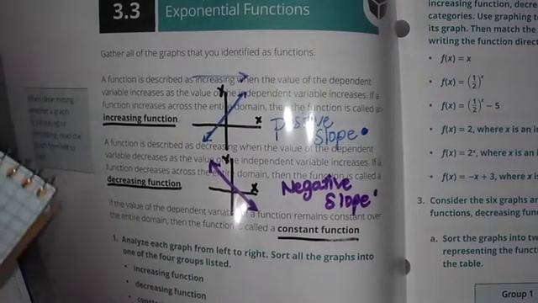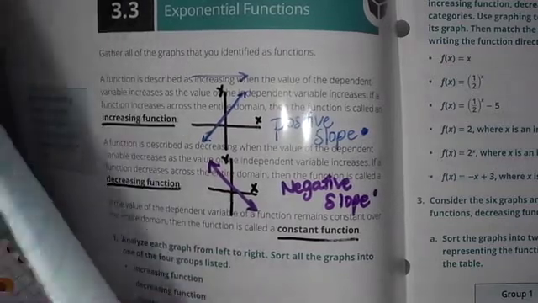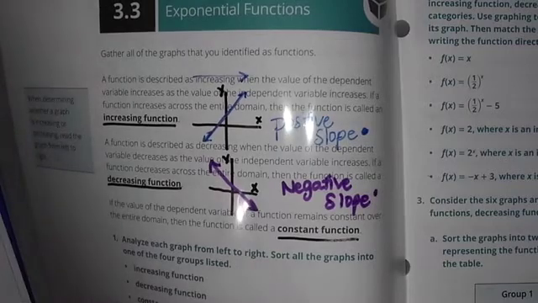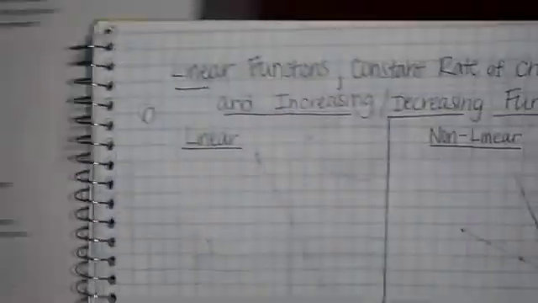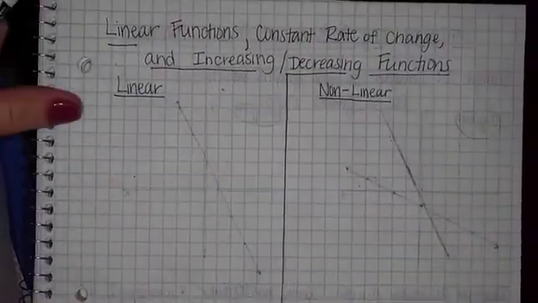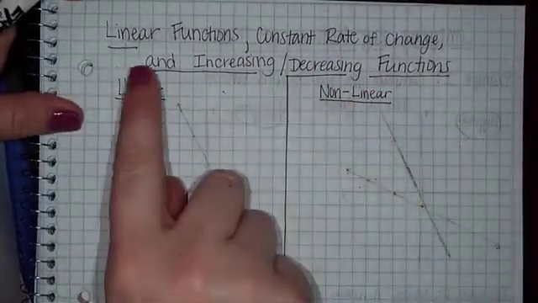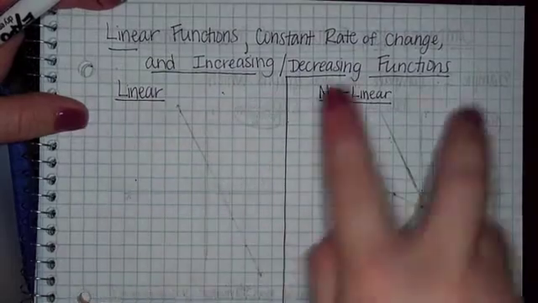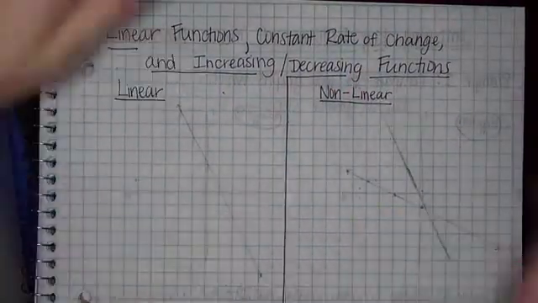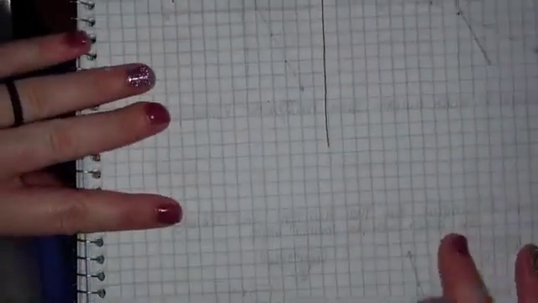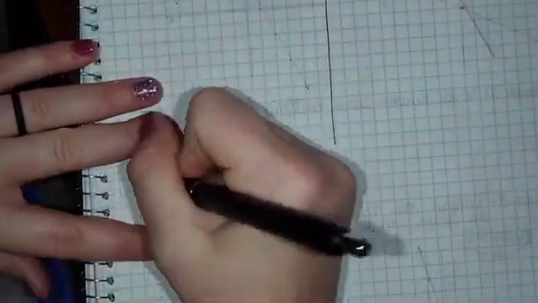So I'm going to actually put that, let me see if we had any room on our vocabulary page the other day. I didn't have any room, so I'm going to put it at the bottom. This is actually what we're going to be doing in just a second. So I have linear functions, constant rate of change, and increasing, decreasing functions. And then I have two categories, linear and nonlinear. We're going to write that in just a minute. But I'm going to go ahead and put down here below it,